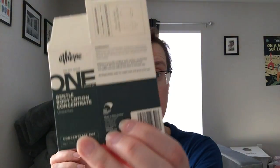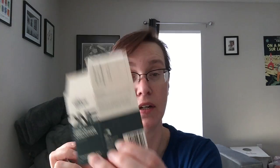I like it. The other one that I have, which I'm cheating, this is not a true empty because I've made this product, but this is one of their concentrate products. So this is the Gentle Body Lotion Concentrate. So I think we talked about this before. I have one of their conditioner concentrates that I'm almost done with. But basically the idea is they send you